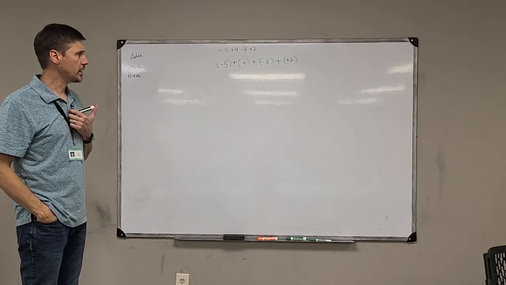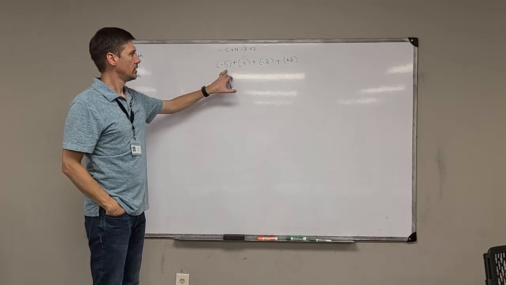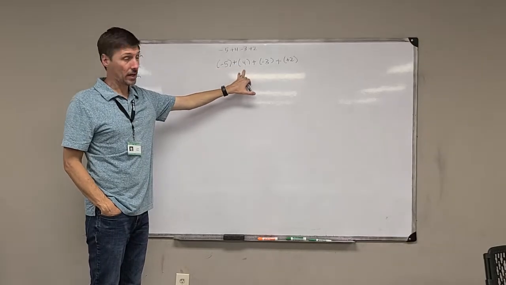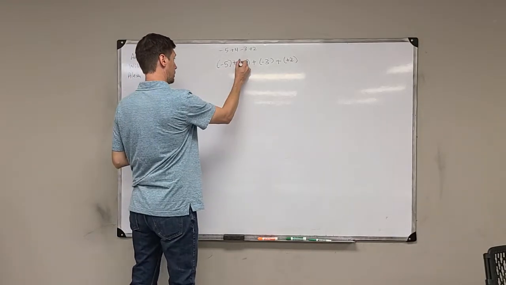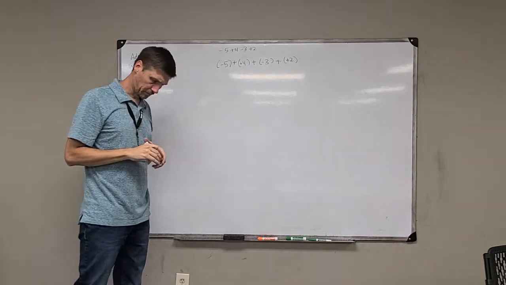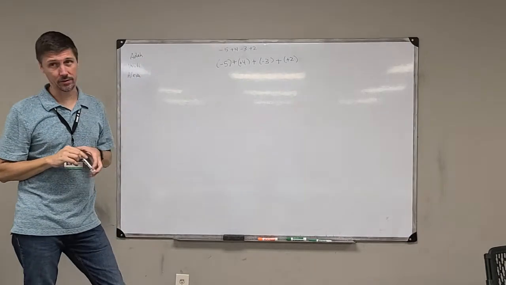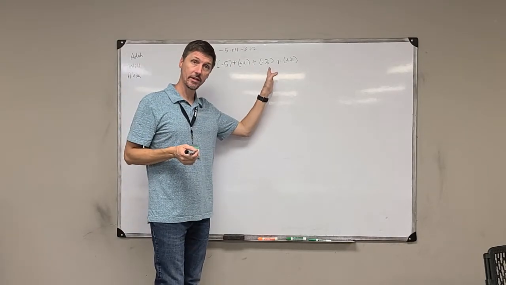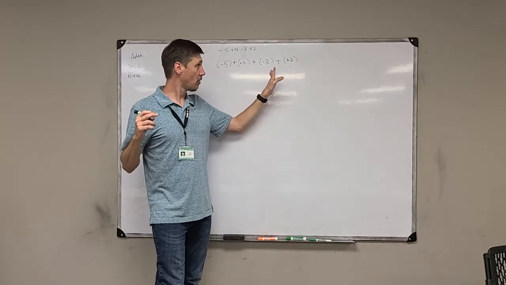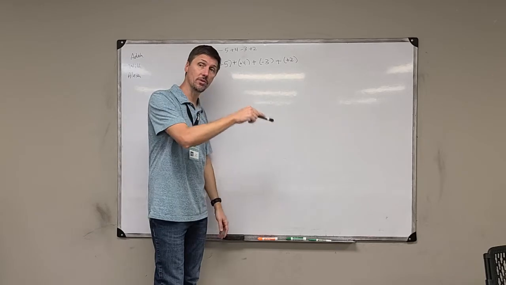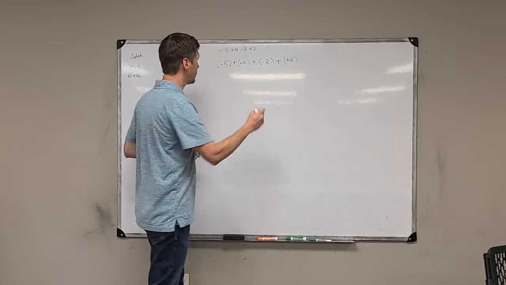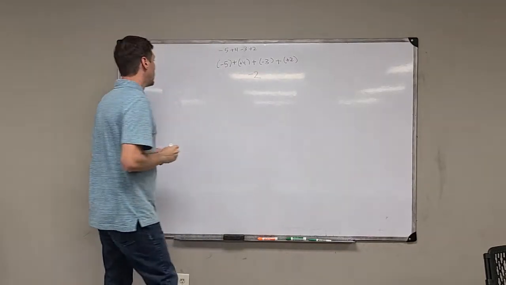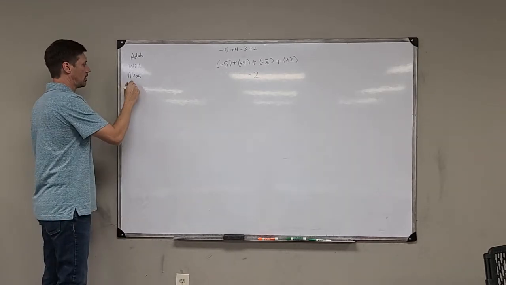So what would this answer be here? Sorry, I should have had a plus here. Negative 5 plus a positive 4. It's negative 1. Negative 1 plus a negative 3. Negative 4. And then a negative 4 plus a positive 2. Negative 2. All right? So just making sure that you